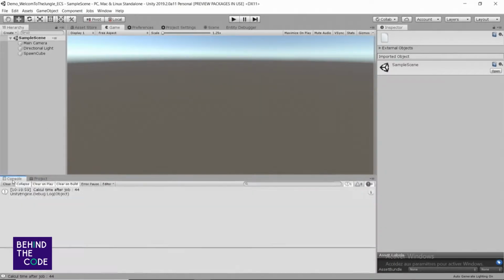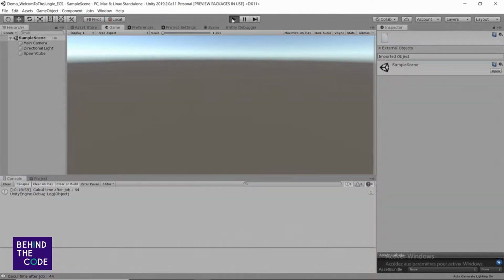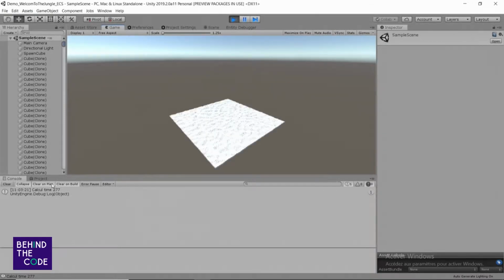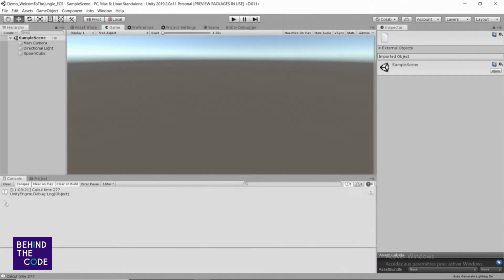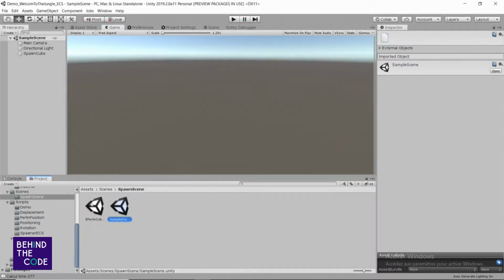Here I will play the little demo. Here we have our 10,000 cubes, and the calculation time to spawn them is 277 milliseconds.